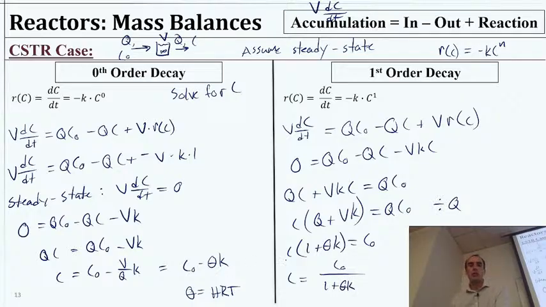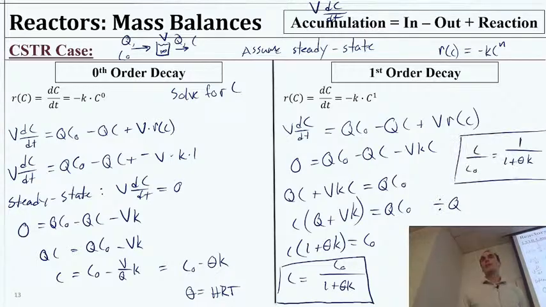All right? So in some sense, this would be the solution to the mass balance, or rather we have derived an equation for C as a function of the hydraulic residence time, the rate constant, and our initial starting condition. Now, a lot of times we're actually going to be interested in C over C naught. So how much do we have there compared to how much we started with? Sometimes, in the case of, right, to remember how to deal with the integration of 1 over C squared dC, or